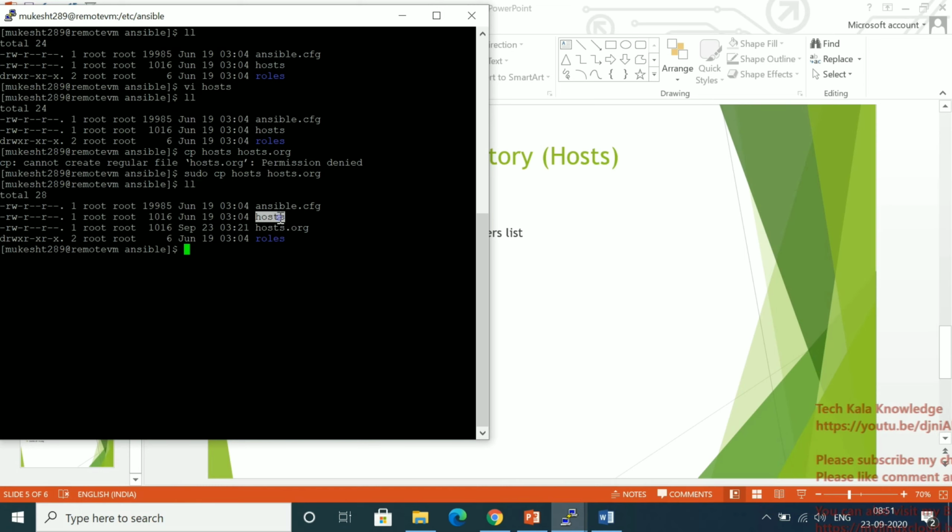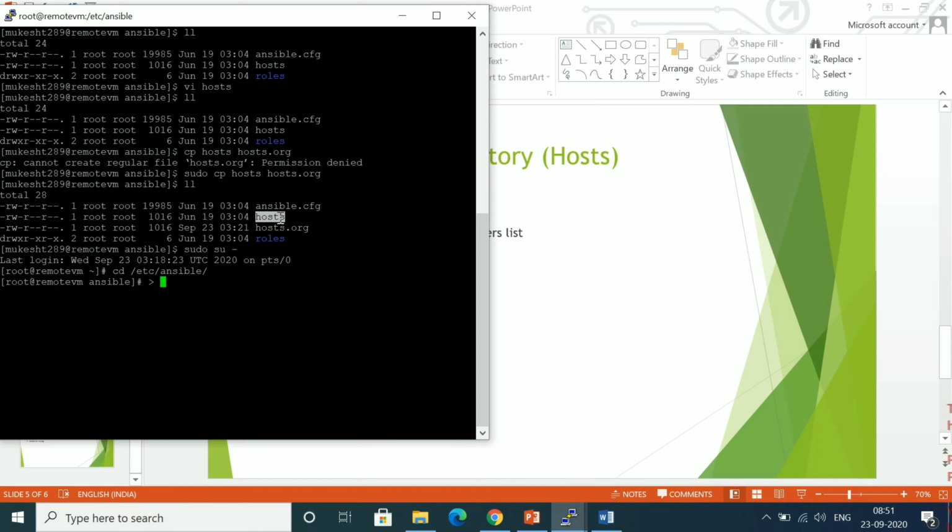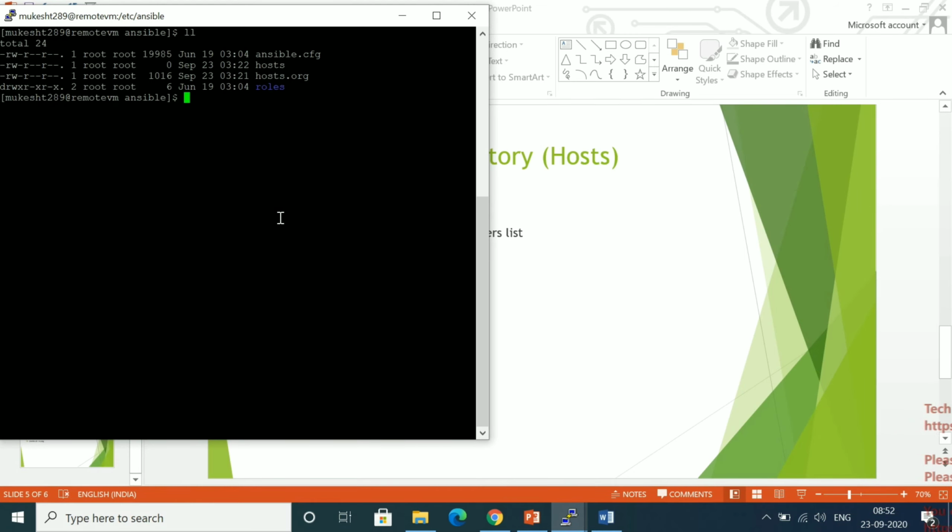Yes, it's done. Now let me empty this file. Okay, now you can see this file is now 0, this file is empty.